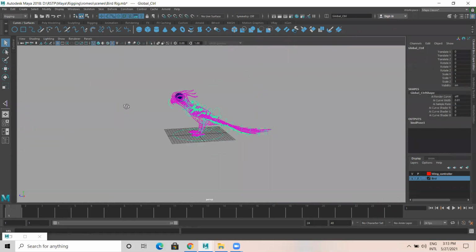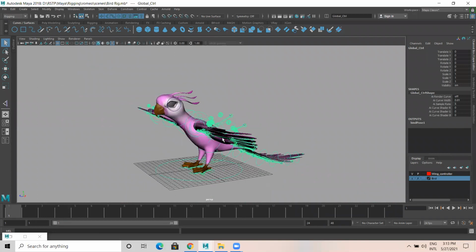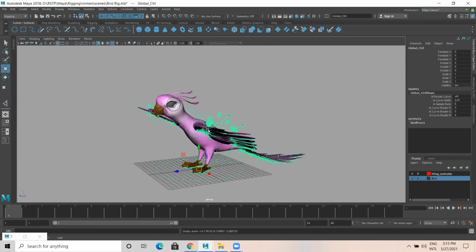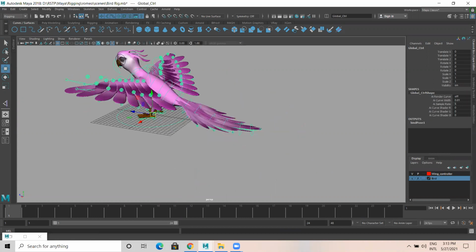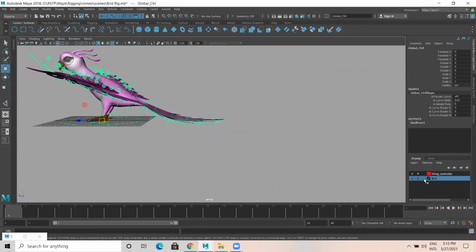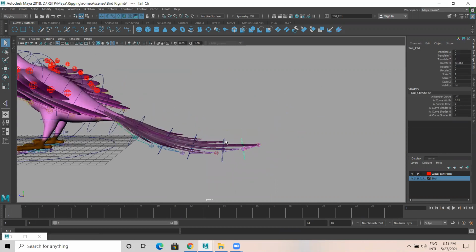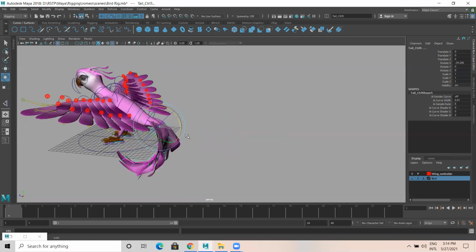Now I select this. Okay. You see, the character is working perfectly. Only the eyeball part is left, which we will do. So now I'll just explain here. 1, 2, 3, 4, 5, 6. Now observe, the character tail is working perfectly.